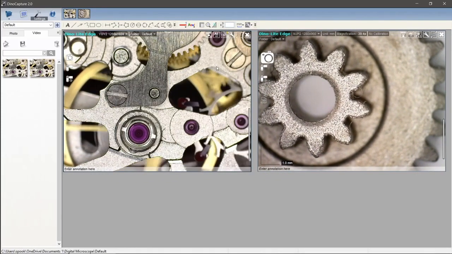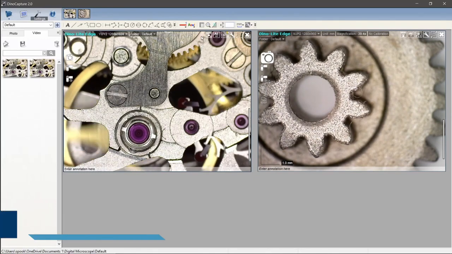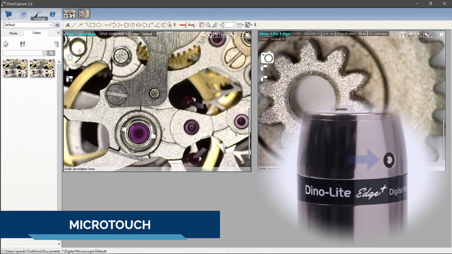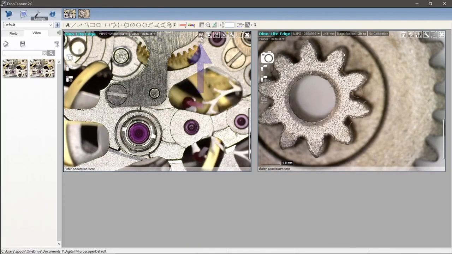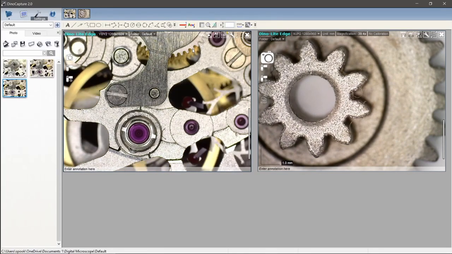There is one more button that you may or may not see to the left of the white balance, and it will look like an M. If you do not see it, look on your microscope, and there is a little metal sensor that is called the microtouch sensor. If I tap that, you will see that now we have another icon that shows up that is labeled microtouch. Now, this microtouch sensor, every single time I tap it, it will take another picture,